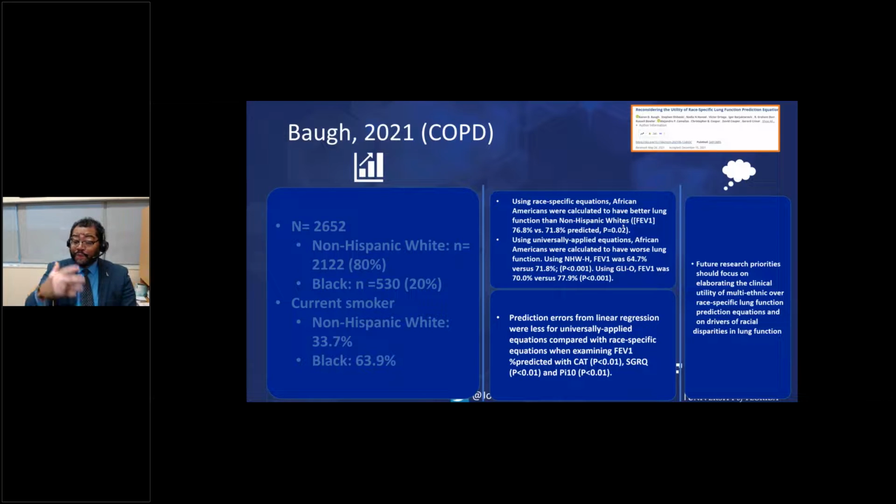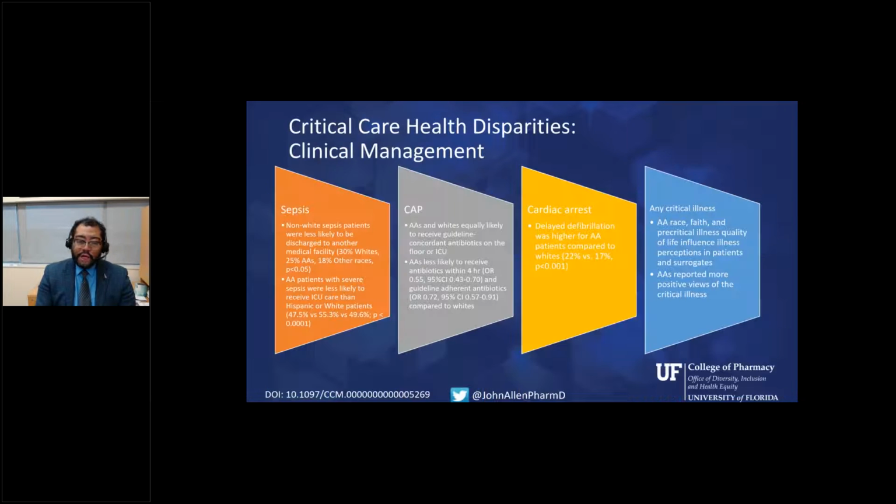And you see that when we did it without race, African Americans actually had worse lung function. So this really calls into question whether race should be used in calculating lung function, and potentially they add to disparities. When we look at